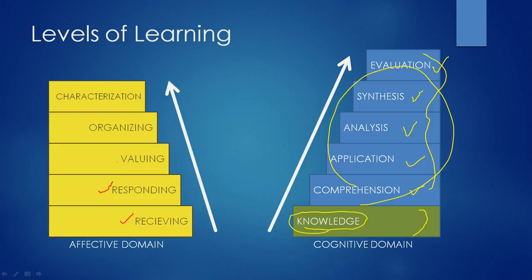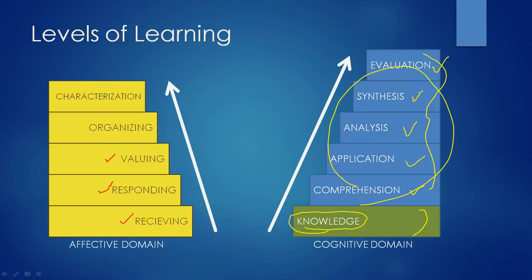Now the third level here, valuing, is where you actually give some amount of worth to the attitude or that value, where you think, this is important. And valuing is where you talk it up and say, yeah, I think this is important to me. Whereas in receiving and responding, there's no worth given to that thing, that value, that attitude. Valuing now starts to become important to you.